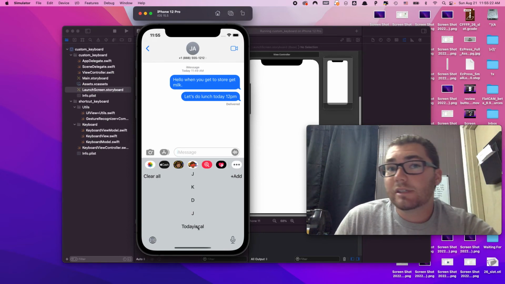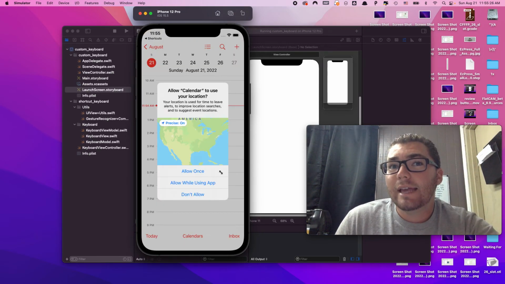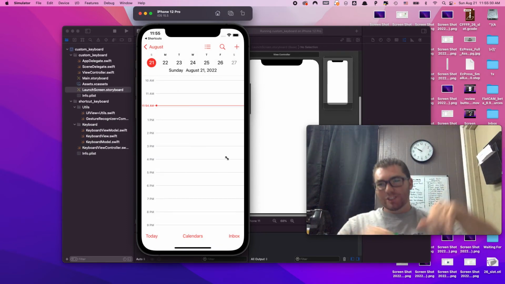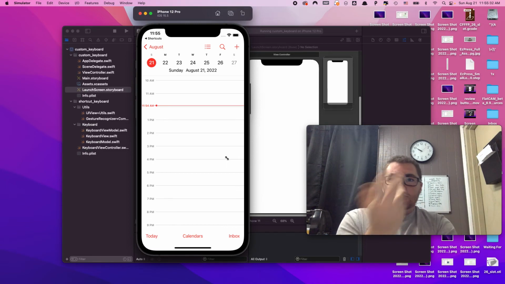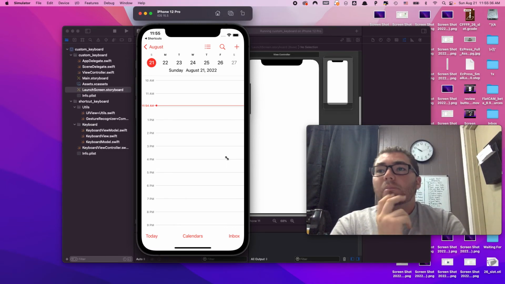So I should be able to just click on this, and it will take me to that shortcut, and then it will take me to the calendar. And nothing scheduled today in the simulation. So this is just my vision for what we can do, and it's going to get more complex because I